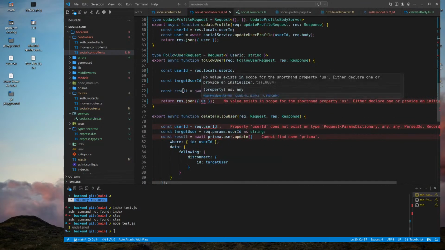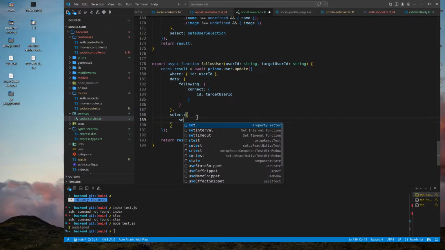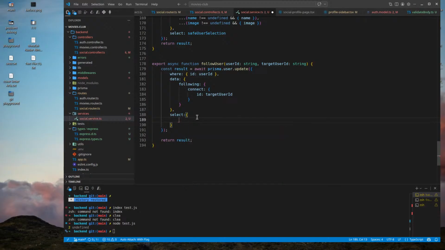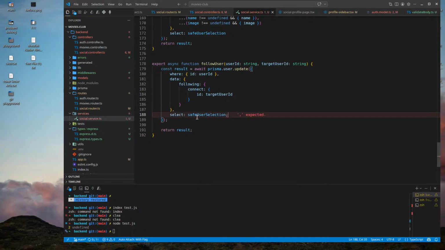User into result. Okay, follow user man. Okay, follow user. Data is data. Select is going to be save. Oh, we don't need this. Save user selection. No semicolon. اوكي.